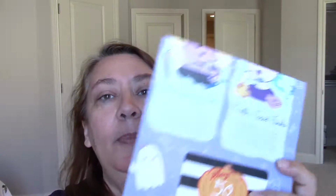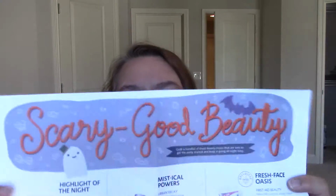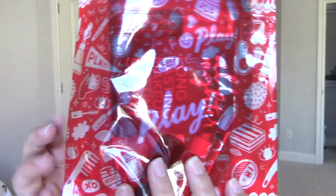Every month you get this card for 50 beauty insider points. Shop in store, it says, or online. So maybe they're going to start doing that every month. You get a pamphlet. Scary Good Beauty is this month's theme, but you get a pamphlet that describes your products and different ways you can use them. They used to have a drawstring box, now they've moved to this reusable play bag, and it's